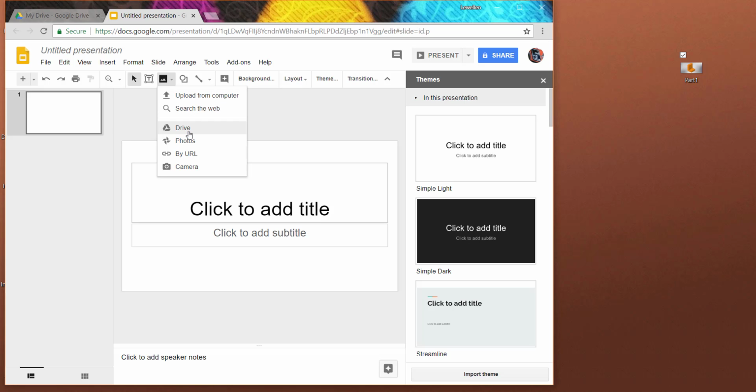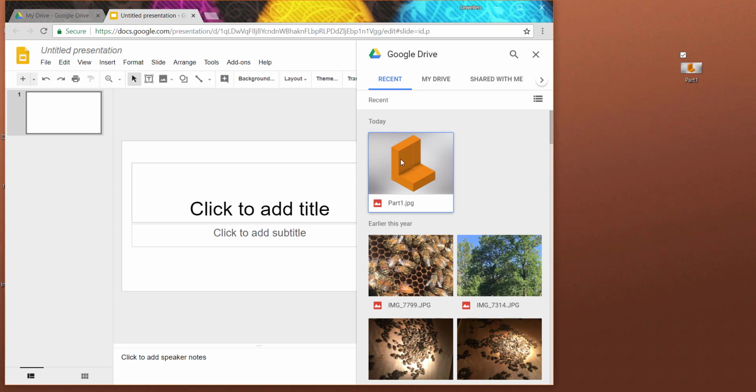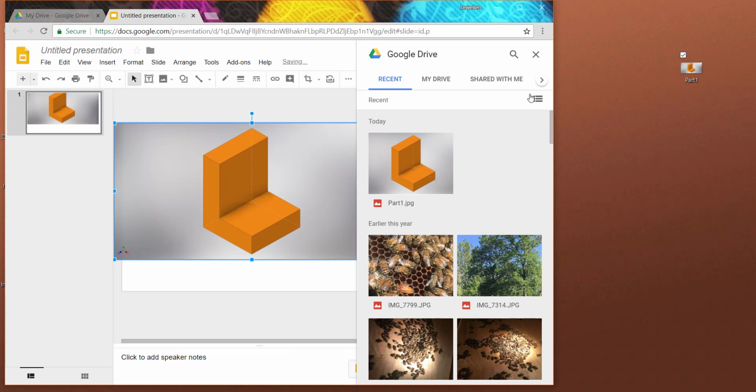If I don't have it, if I'm on my Chromebook at home, I can go to Drive. And there it is, my recent files. I can go ahead and bring that thing over, and then that's already in my stuff. So it's an easy way to take a picture, get it into your presentation before you turn it